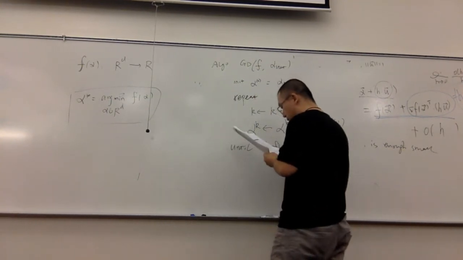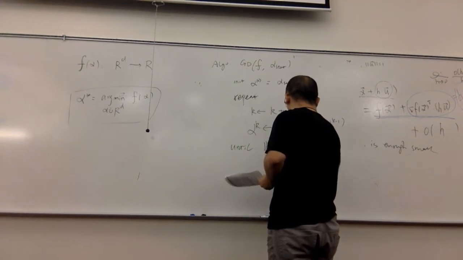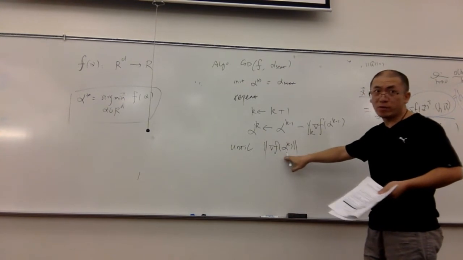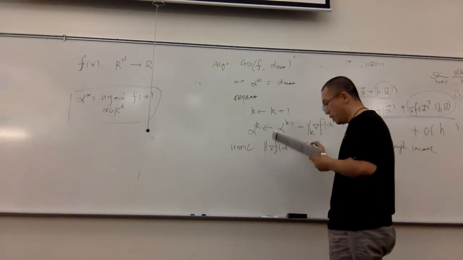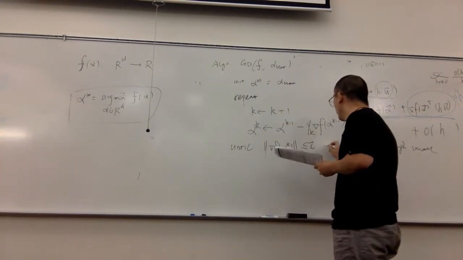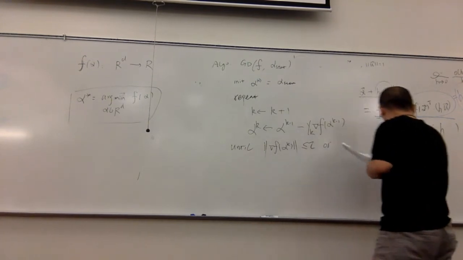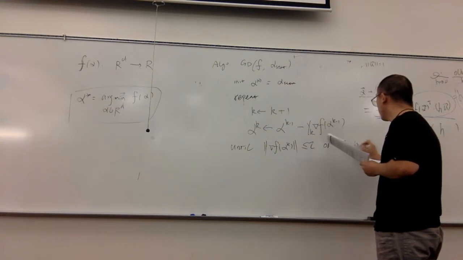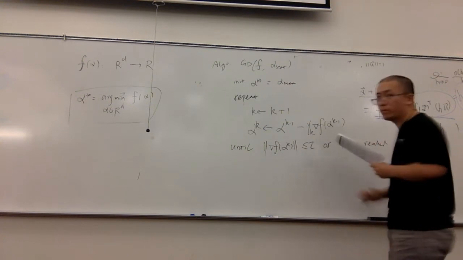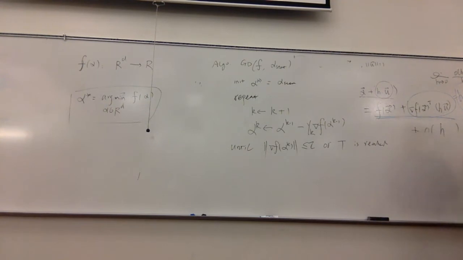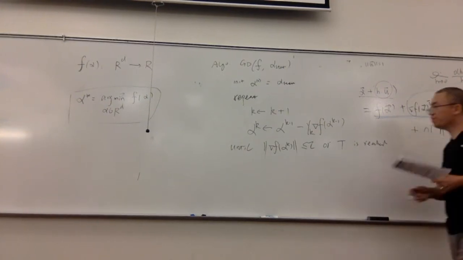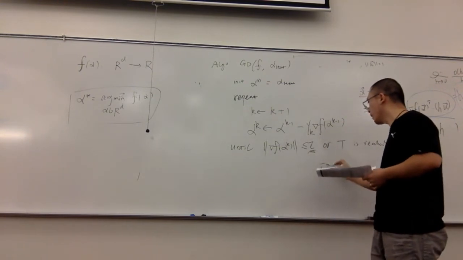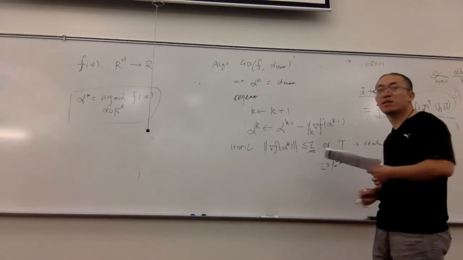the norm of the gradient at current location is smaller than some specific tolerance level, or the maximum number of updates is reached. Here specified by t. So usually you can set tau to be quite small, like 10 to minus 3 or 10 to minus 6. It depends on your